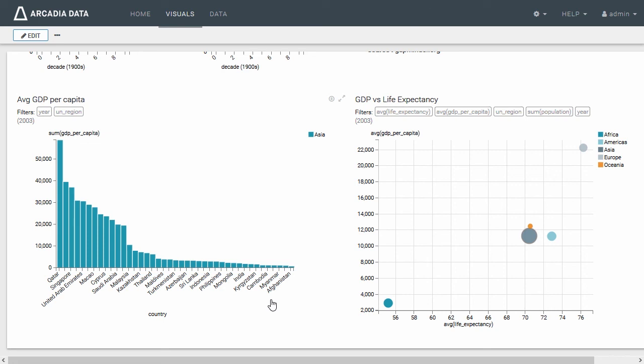This is only a brief overview of the dashboard capabilities in Arcadia Instant. Next up, let's explore data connections, import functionality, and datasets in the next video in this series, Connections, Data Import, and Datasets.